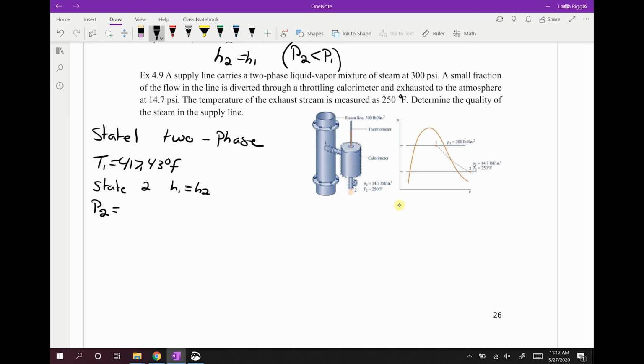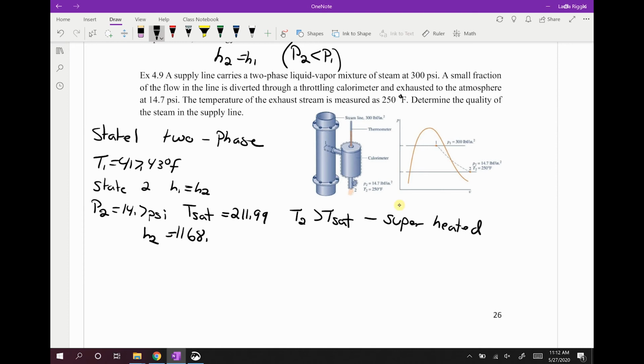We have P2 is equal to 14.7 psi, at which point Tsat is equal to 211.99. So T2 is greater than Tsat, so we have superheated. We get H2 is equal to 1168.8